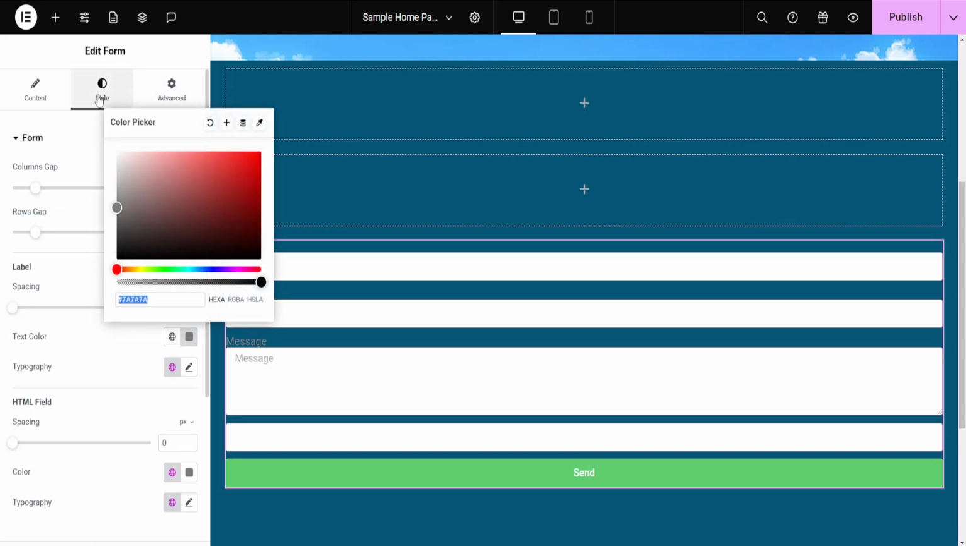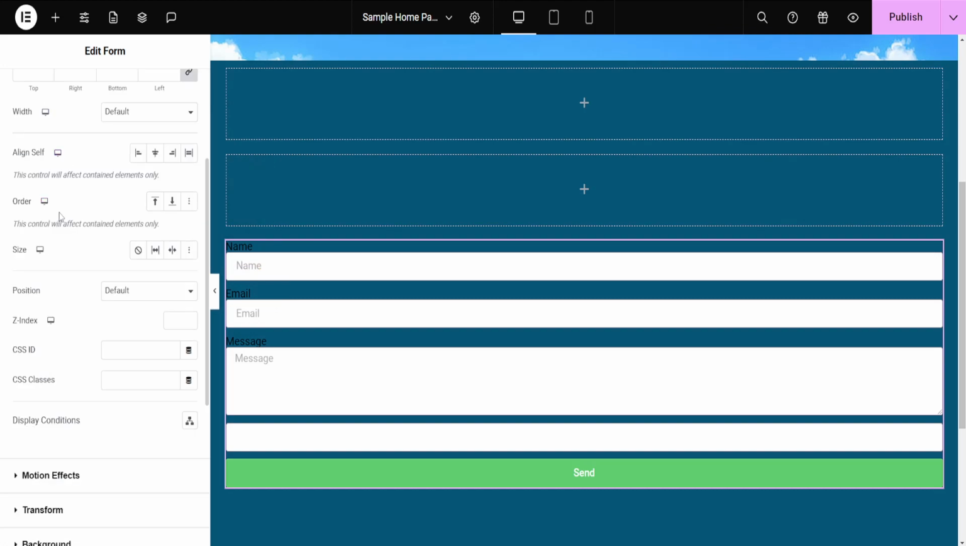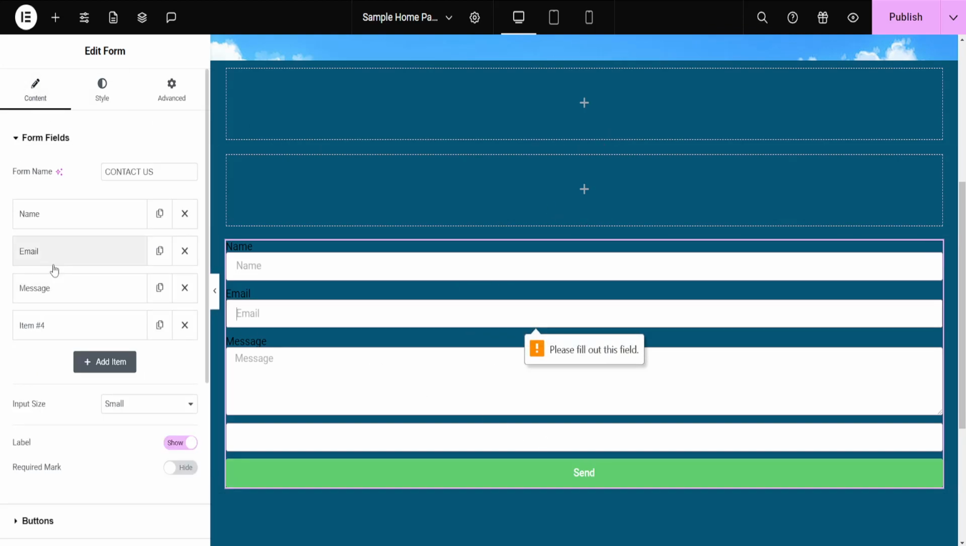So on the styles tab here, we can make the text darker, and we can also change other colors here. As for the advanced tab here, you can also customize this contact form to your liking, and basically it's going to look like this, and you can readjust the order in which your different fields appear. So for example, email is first, name is second, and you can delete different fields by clicking on this